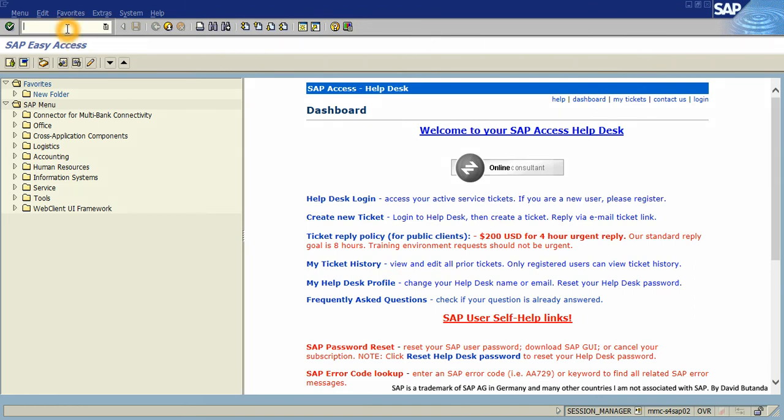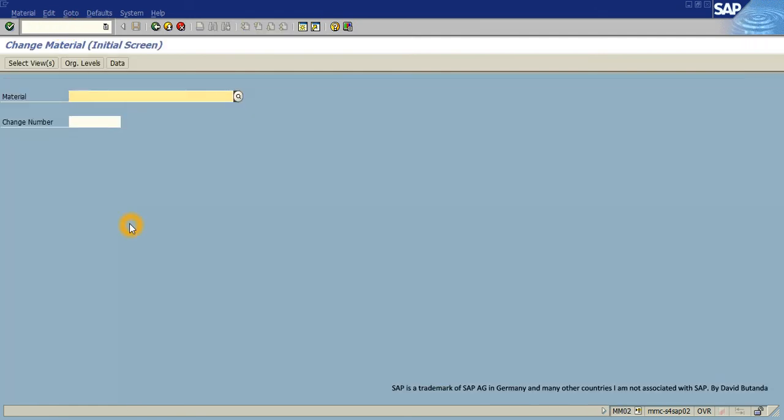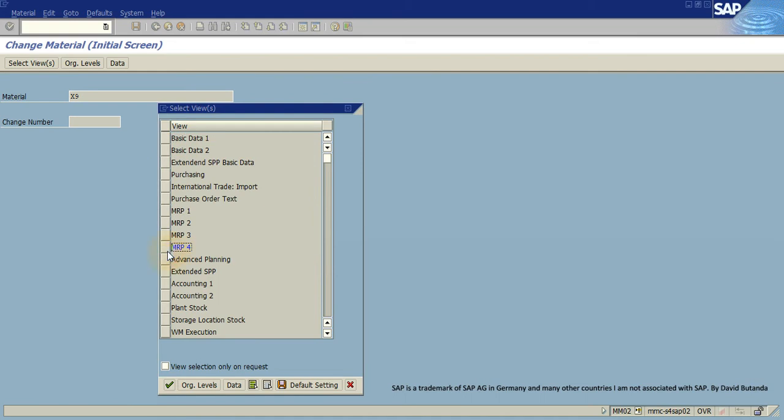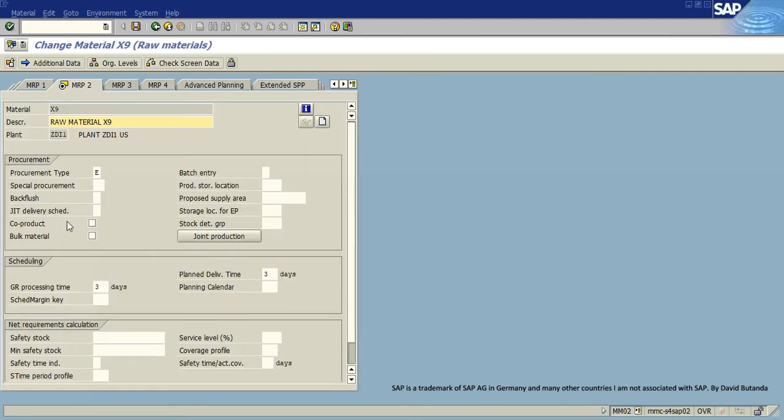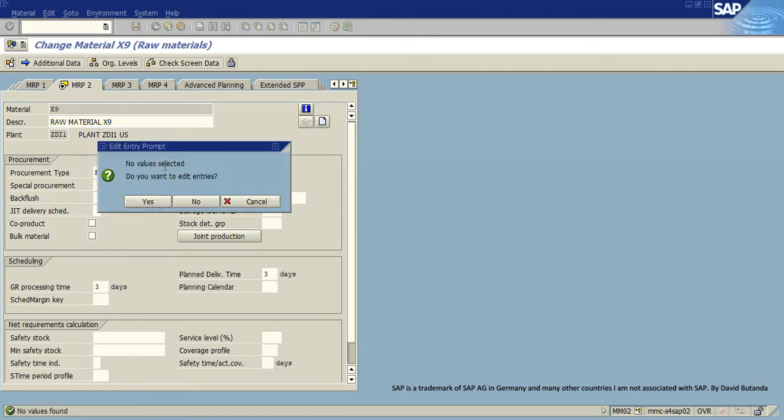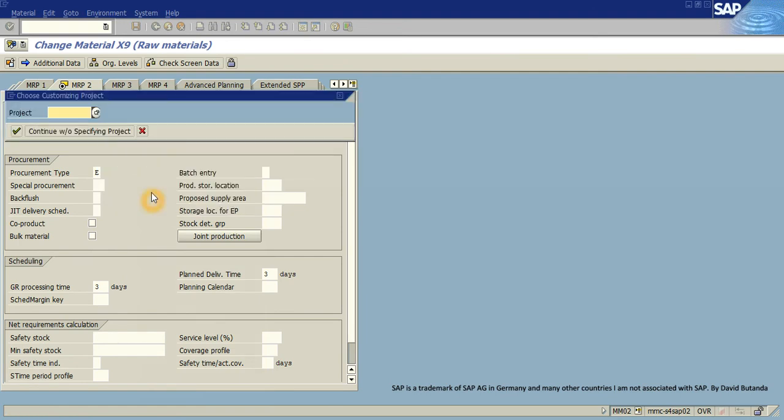So we want to configure the phantom assembly. To do that, I go to MM02, change material master, for material X9, which is going to be the phantom one. If I click on continue, I need to go to the MRP 2 view, continue. Enter the plant and storage location I want, click on continue. So here I need to select a special procurement. There are no values here, so I can go through this path, or